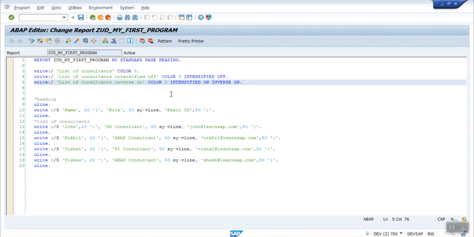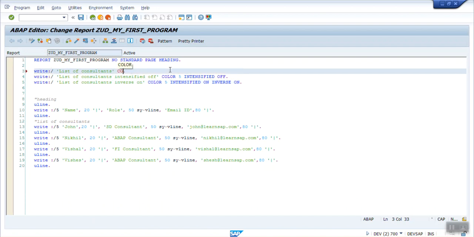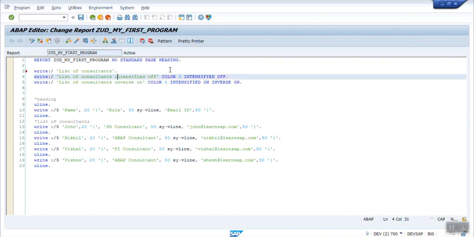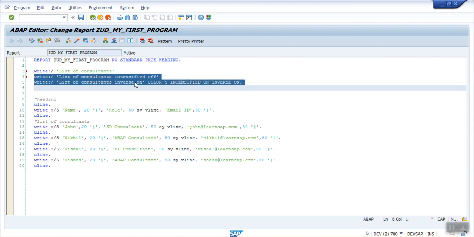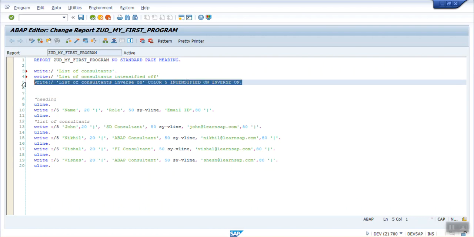Now what is the impact of FORMAT COLOR? Instead of giving color to individual lines, if you want to add the color codes for a set of records, I'll put this at the top, on the first line.